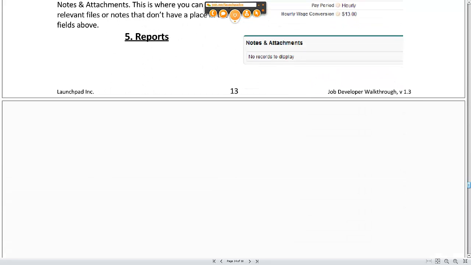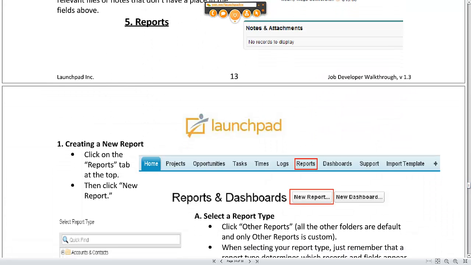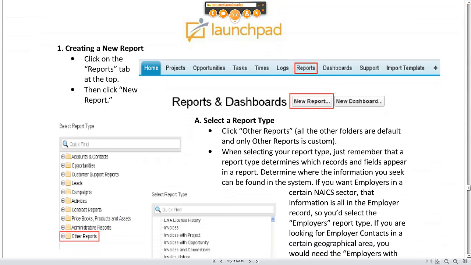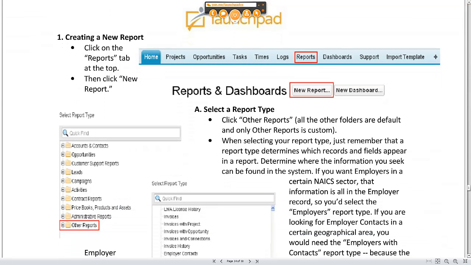Oh, almost there. So here we go for reporting. This walks through the first steps of report creation, the different steps into creating reports, different things you need to take into consideration, as well as where to save it,